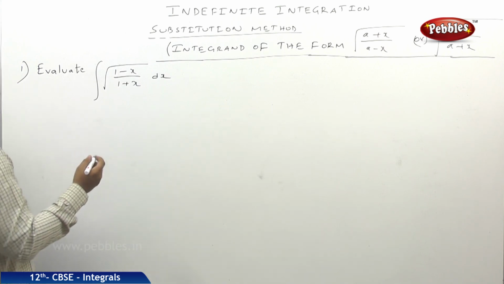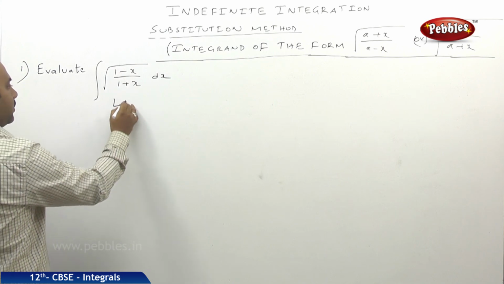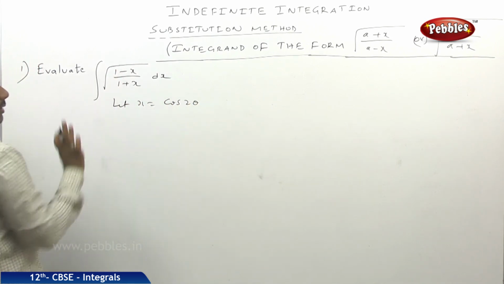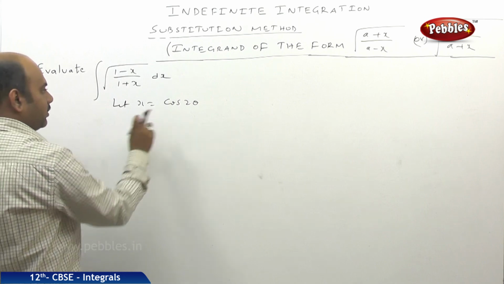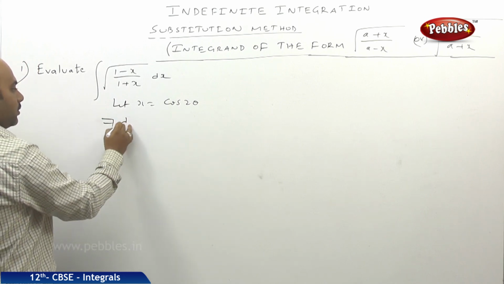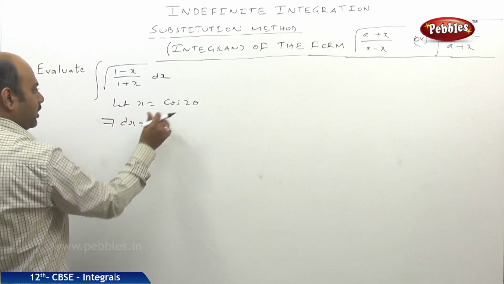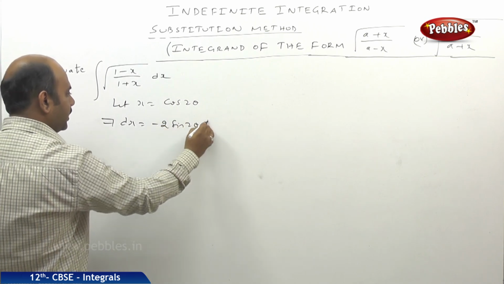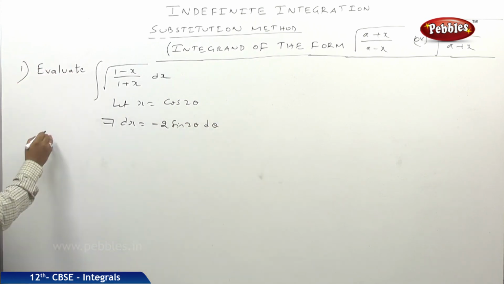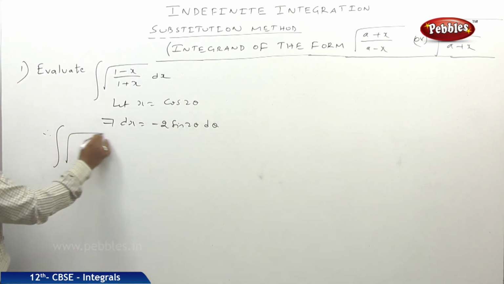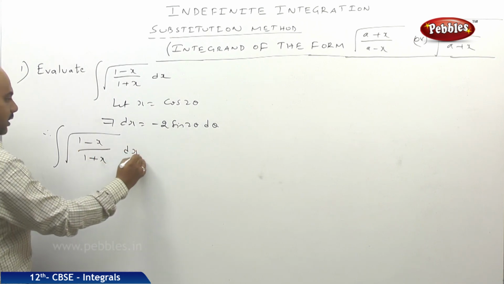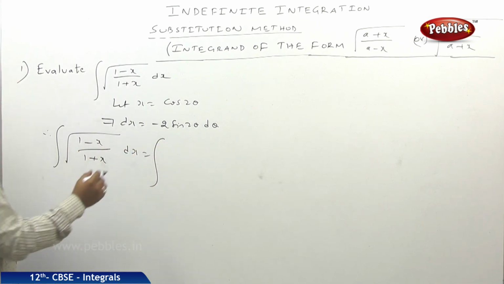So whenever this kind of problem comes, always put x is equal to a cos 2 theta. A means here 1 only. So x is equal to cos 2 theta. So dx is nothing but the derivative of cos 2 theta, minus 2 sin 2 theta d theta. Therefore what happens? Integral of under root of (1 minus x) by (1 plus x) dx is equal to integral